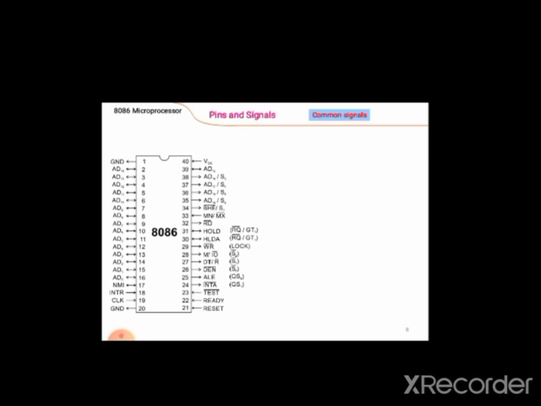This is the interrupt request. Interrupt means, I have explained what you mean by interrupt. An interrupt is a small program or any small process which we have to execute first by